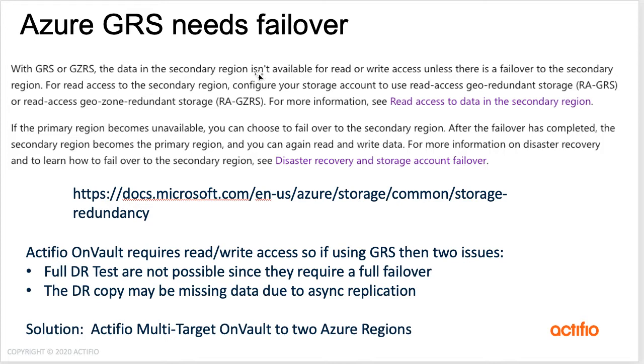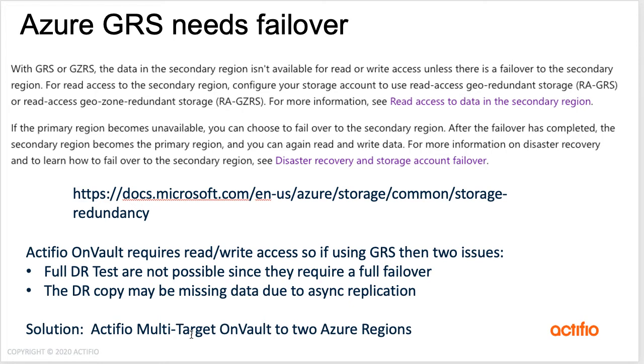But with Azure, if I'm writing to 2 regions using their geo-redundancy, if I want to access the secondary copy, I actually have to do a failover if I want to make that secondary copy read write. That is a bit of a pain, particularly if I'm trying to do a DR test. So we're much better off here using multi-target OnVault and writing to the 2 separate regions, and then we can